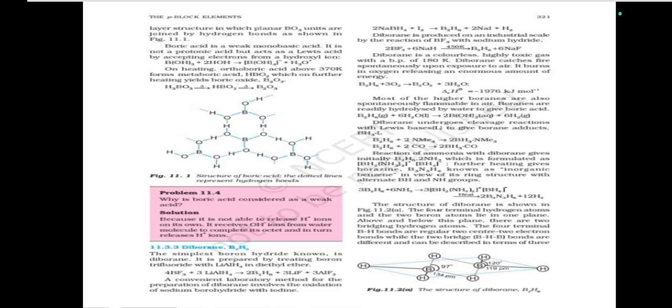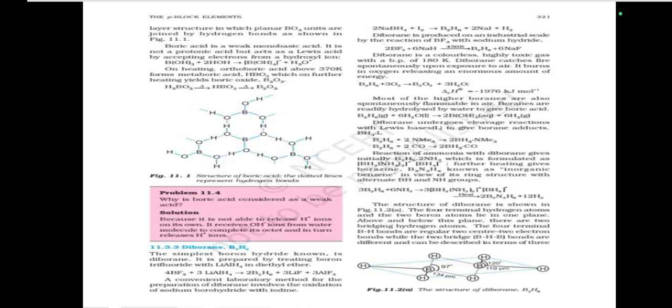Diborane is a colorless, highly toxic gas with a boiling point of 180 Kelvin. Diborane catches fire spontaneously upon exposure to air. It burns in oxygen, releasing an enormous amount of energy. Most of the higher boranes are also spontaneously flammable. Boranes are readily hydrolyzed by water to give boric acid, and diborane undergoes cleavage reactions with Lewis